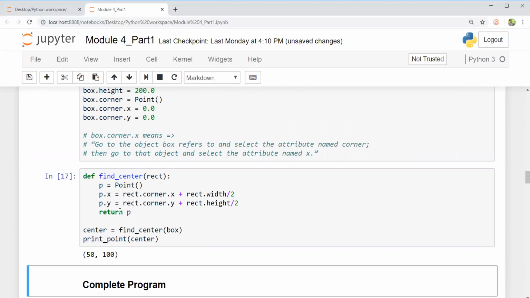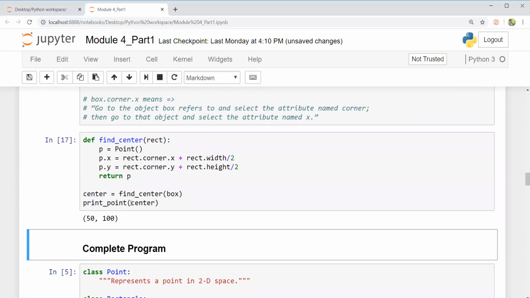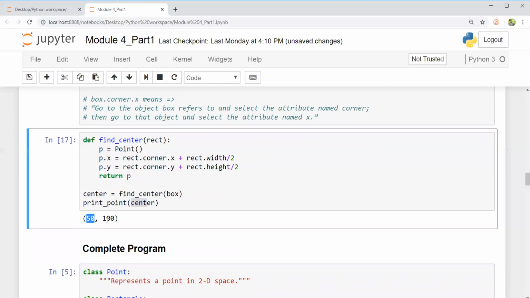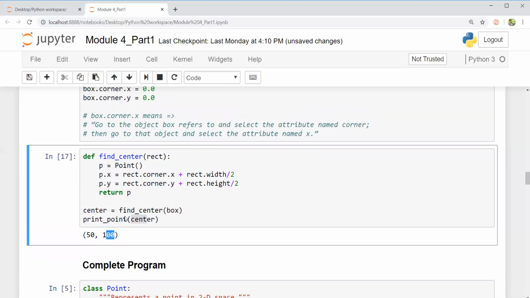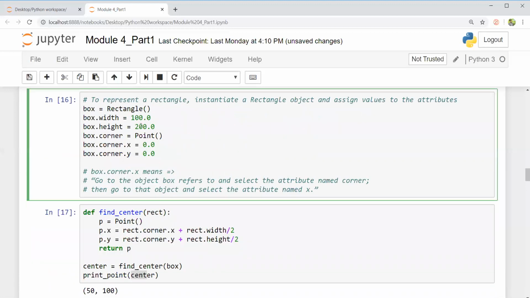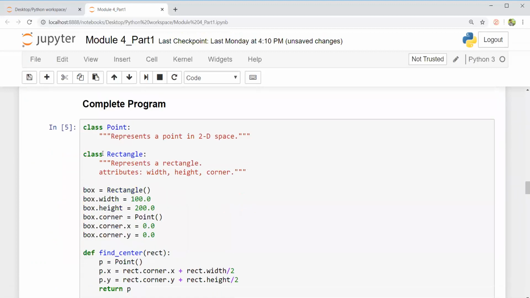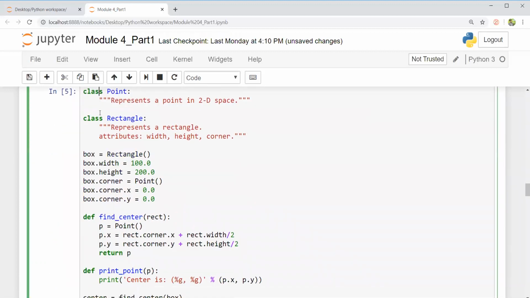If I run this program, you can see I have found the center, 50, 100, of the rectangle with width 100, height 200, and with the corner specified at the origin 0, 0. Yeah, this is the complete program. I have defined the class Point and class Rectangle. I create an instance of Rectangle